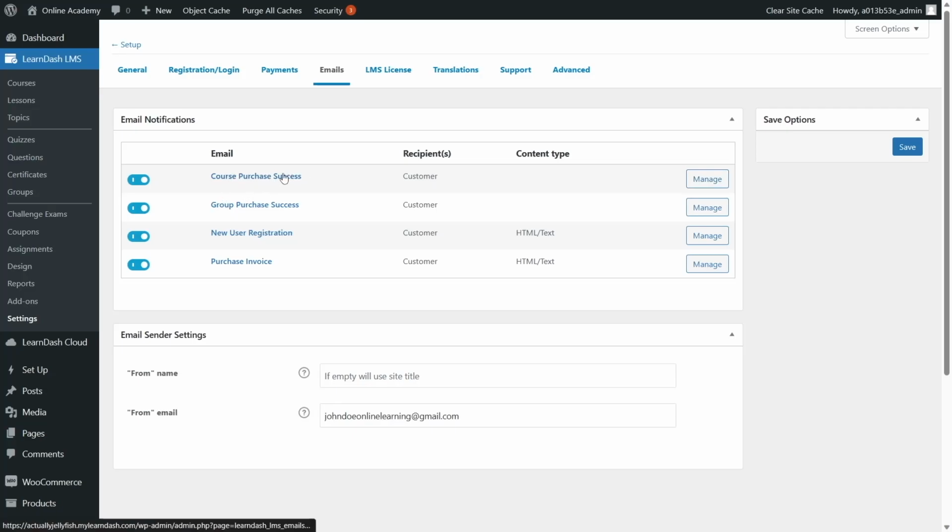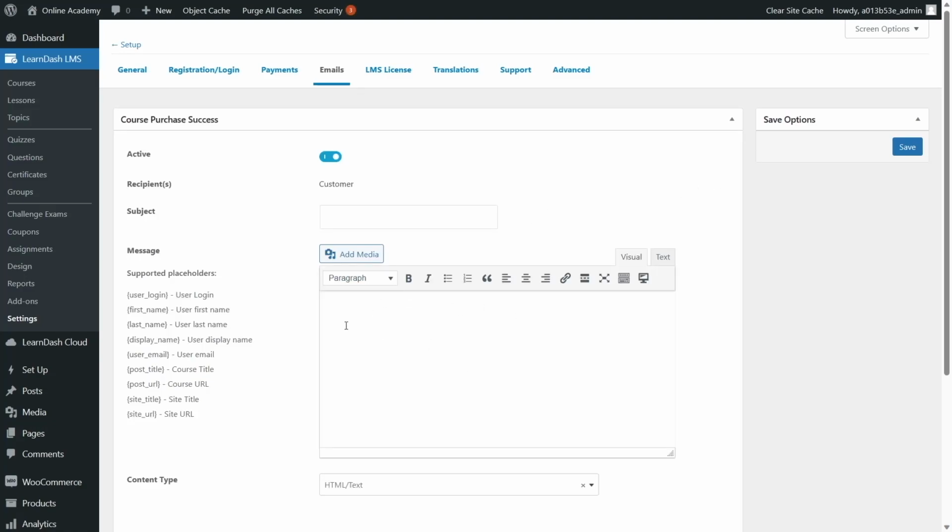For example, if a course is purchased, you can click on manage and write the email yourself. For example, if a user has purchased your course, you can write a small message that congratulations, you have enrolled into this course. This is what you'll be learning in the course. We are excited that you have enrolled, etc. So you can type your own custom email. So there's also supported placeholders. For example, if you want to address your user by name, if I say, hi, user, this won't be very friendly. So what you can do is you can copy this first name and then place it over here. Then you can copy the last name